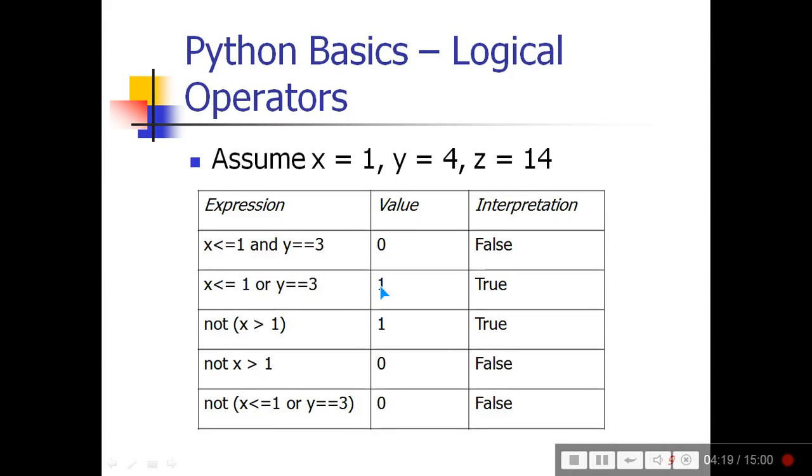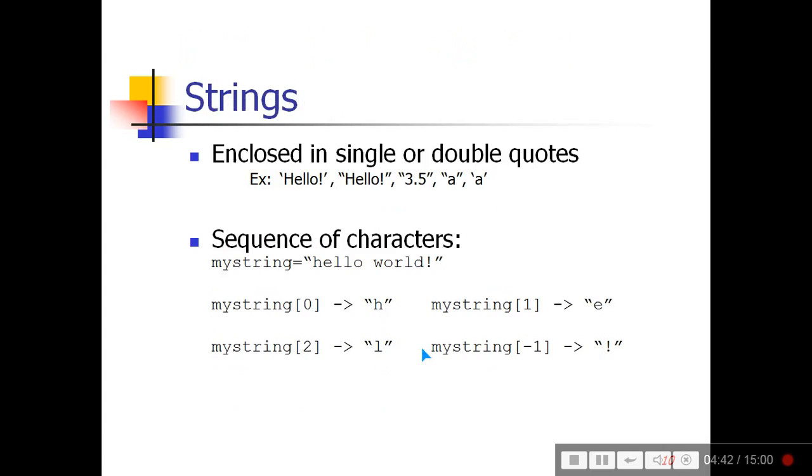So we add 1 plus 0, 0 plus 1, and for and, we multiply. And not means whatever result is coming, we invert it. And here we not x first and then compute whether that is greater than 1 or not. And not means depending upon the result, we invert it.